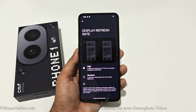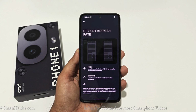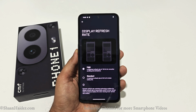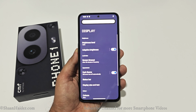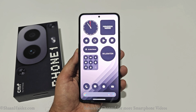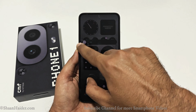It comes with 120Hz refresh rate display, and you can select between the high or standard, and the CMF Phone 1 is also SGS Seamless Pro Motion certified. So you will have a very smooth experience on the display of CMF Phone 1. The average peak brightness is up to 700 nits, and the maximum peak brightness can go as high as 2000 nits. So you won't feel any issue while using the device in bright sunny outdoors, as you can see here,